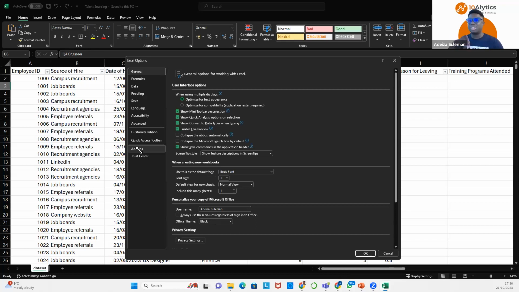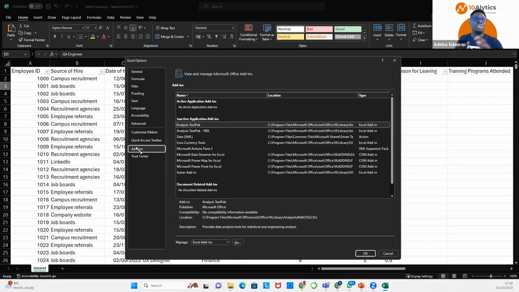Add-ins are additional features that you can introduce into your Excel environment. At the bottom, you'll see Excel Add-ins. Leave it on Excel Add-ins, don't change it, because you have other options like COM add-ins, actions, XML. Leave it and click on Go.